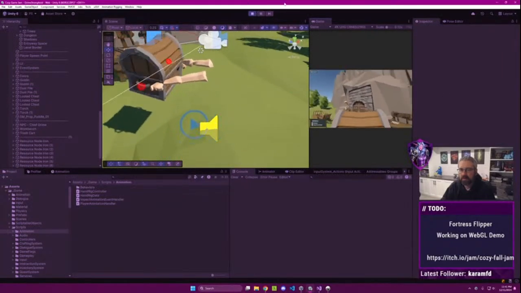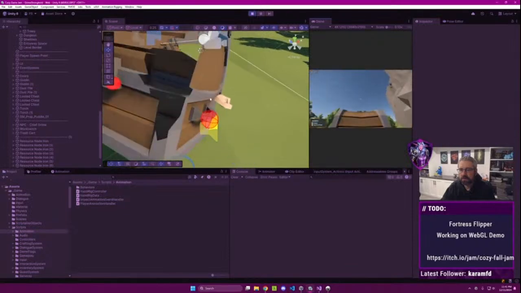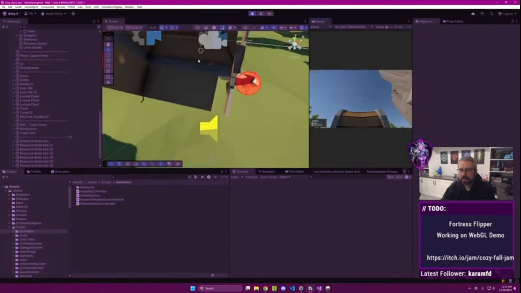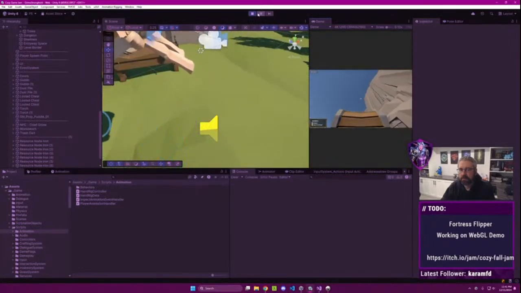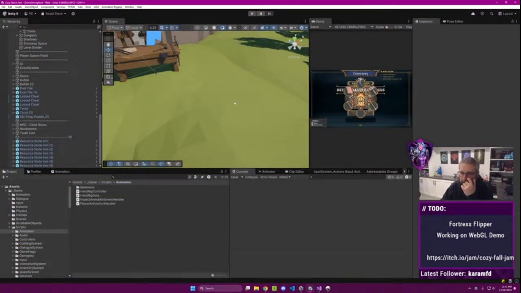But we gotta position a hand so we can actually see them. Okay. So actually,